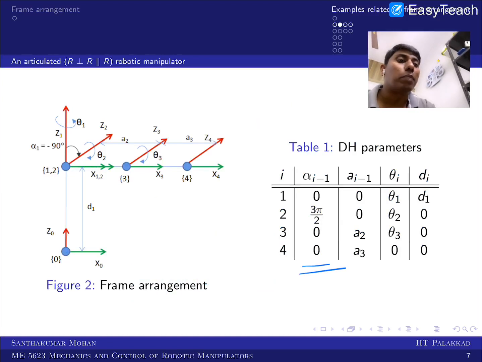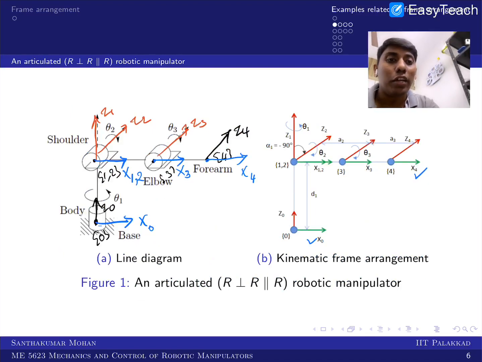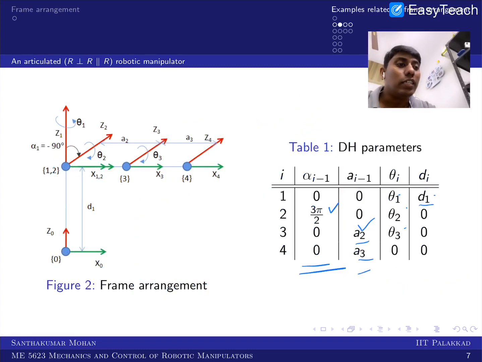This is the DH parameter table that we have obtained. We are writing in radians, so 270 degrees is 3 pi by 2, and these three are variable, this is the joint distance, and these two are link lengths. You can realize here in the slide that this is a joint distance, because it is the motor shaft distance, the shaft length. But here the motor shaft is connected with a link that is rotatable. The entire body is rotating, and that is what is called link length.